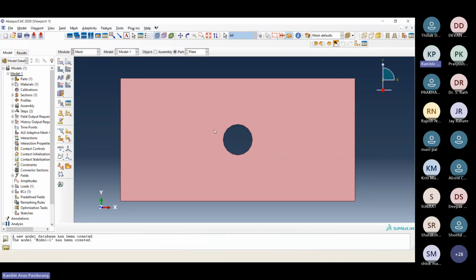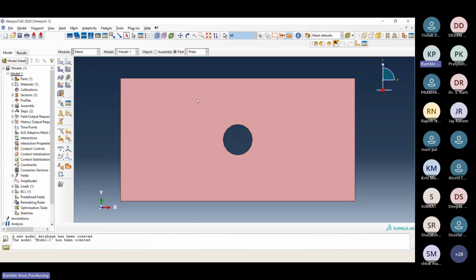By default, when we use the default mesh, this problem will give you an unstructured mesh. But due to the stress concentration effect, by using the unstructured mesh we can't get the correct results of the stress. Therefore, for this problem, we need to use structured meshing. And in order to do the structured meshing, we need to